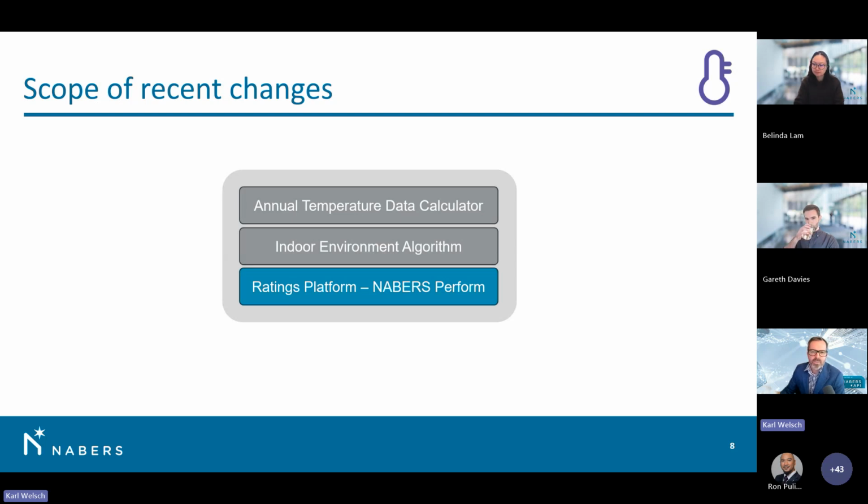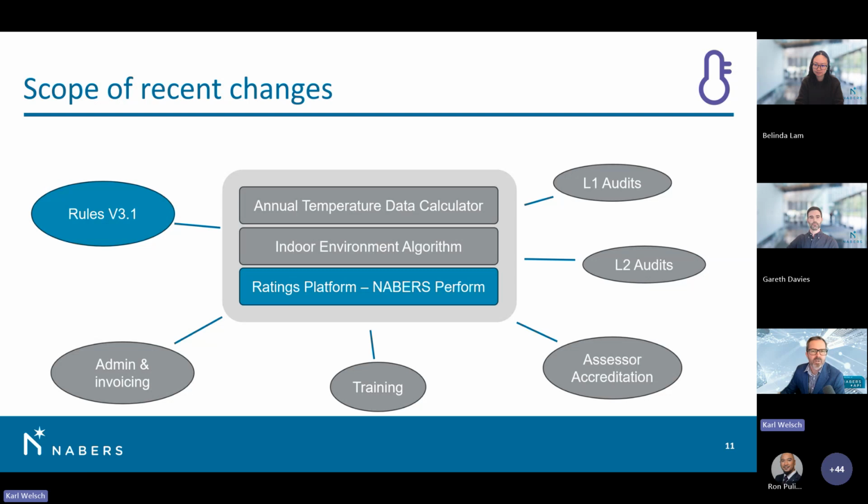The annual temperature data calculator will remain. It will be required to get that BMS data into the platform, and there'll be just a minor change on that calculator, which I'll go through later. Then supporting these core elements, we have our rules. In September last year, we moved from version 2 of the rules to version 3. And now to coincide with this release, we're making a few changes and will issue version 3.1 close to the launch date. And Belle from our rules team will go through a summary of the changes in both updates.